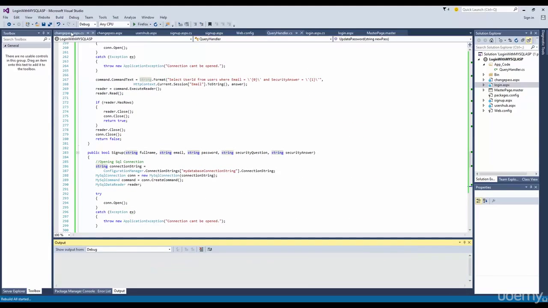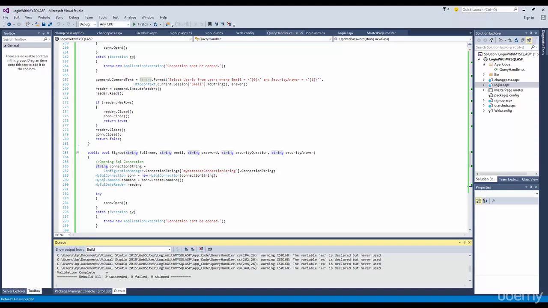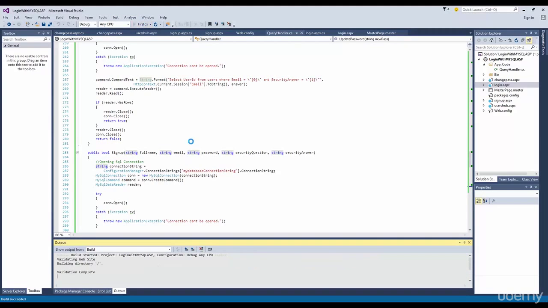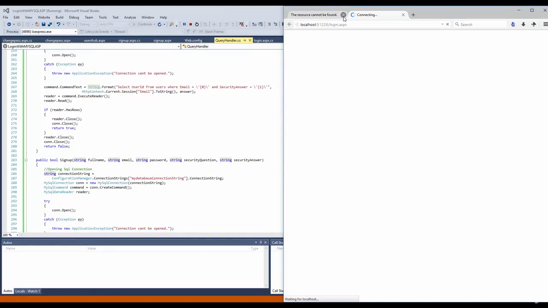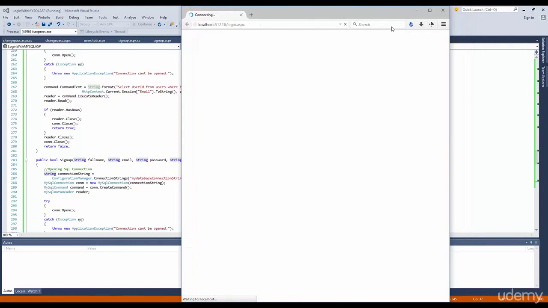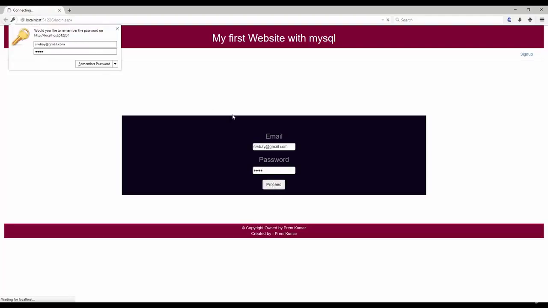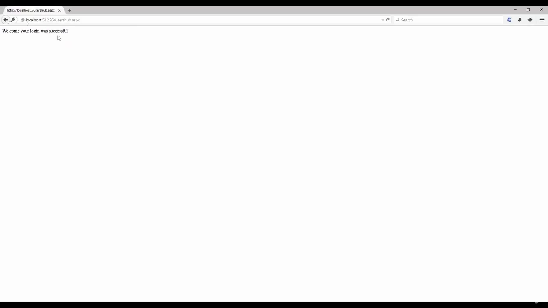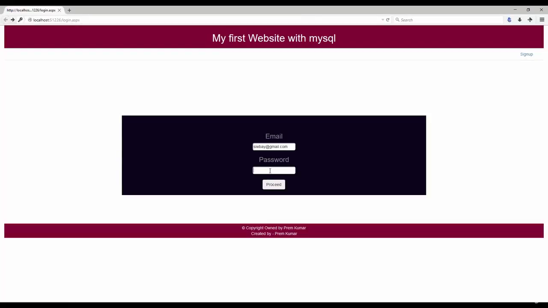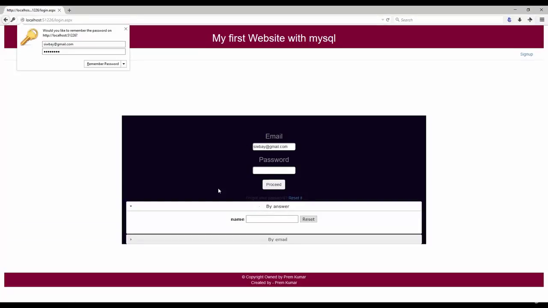I'll go ahead and rebuild my solution, and it says succeeded. Now we'll try to test our application again and see how it behaves. If I type in the right password, it should take me to this page. Very good. Now if I try to type my wrong password, it should show me this. Once I go to write the right security answer,